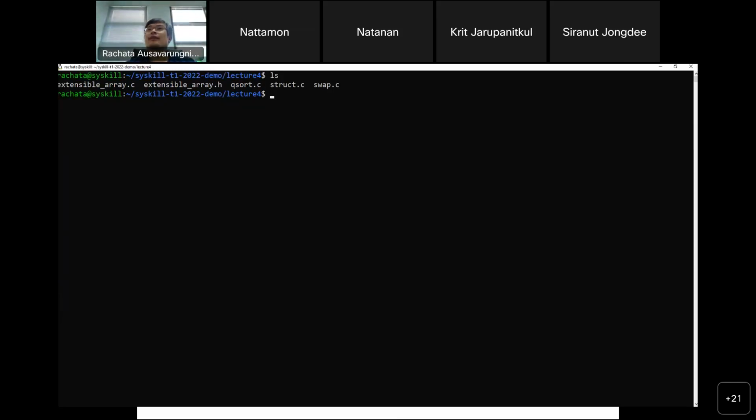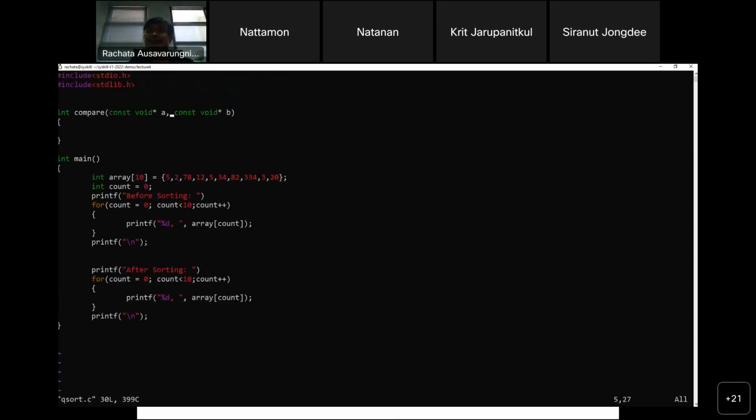Awesome. So I create a few things, right? Because we just talked about function pointers, let's go with qsort first. I include standard IO and standard library. The reason I include standard library is that qsort is a function from it, and it does take some inputs. I'll show you how to do qsort.